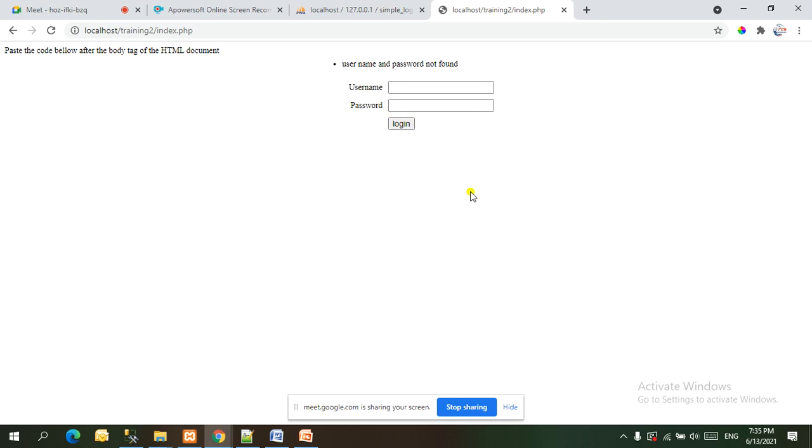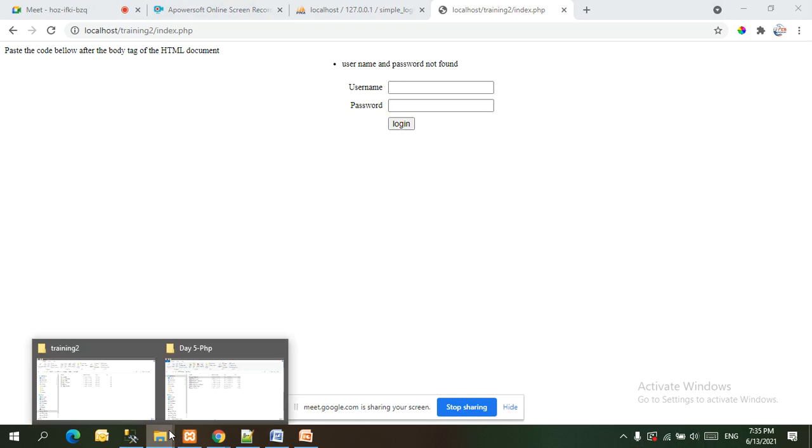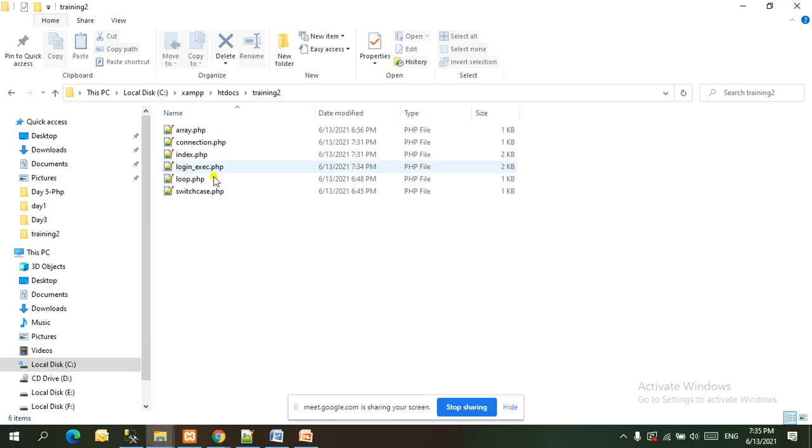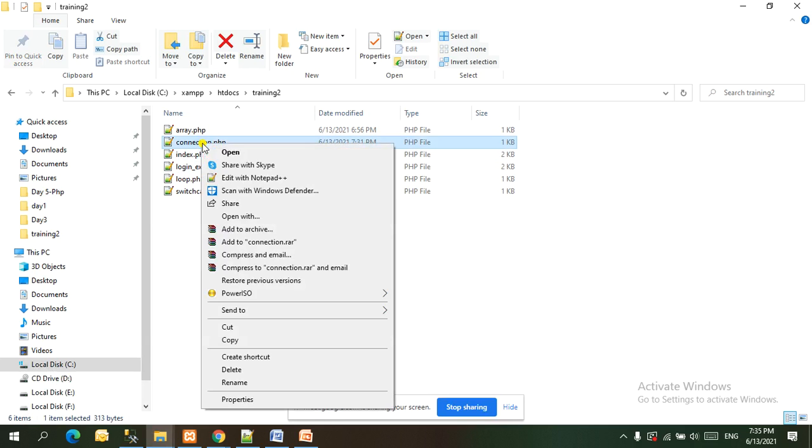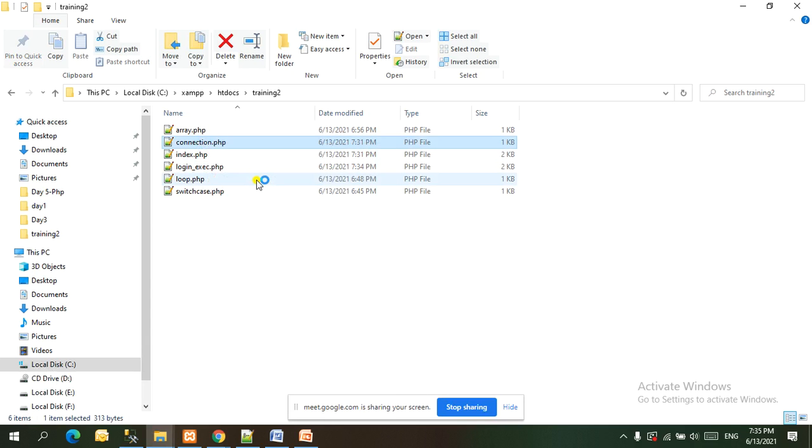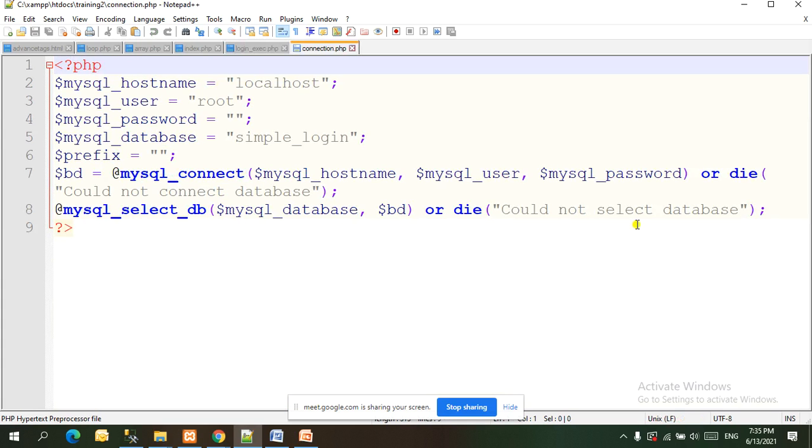But how can we know whether it's trying to search in the database or not? To check this, we have a file here, connection.php. Here we have given the database name as simple login, and we know that we created simple login.